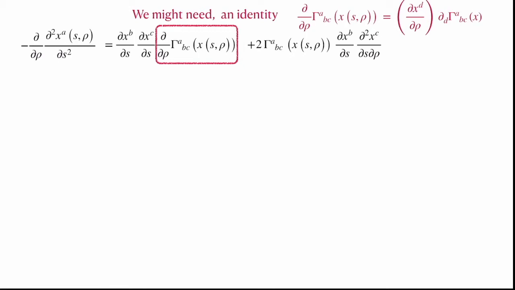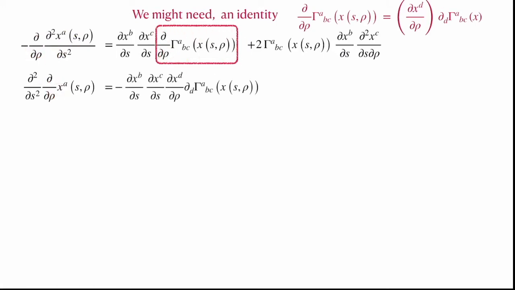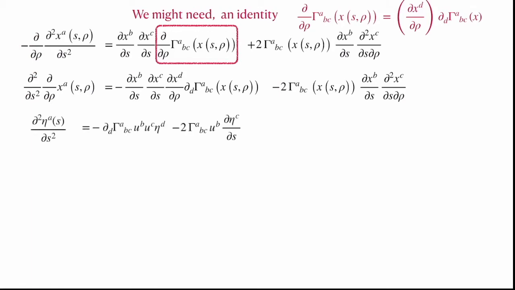So that is the first simplification which we can do, and in addition we can pull this d rho inside, because they are all partial differentiations, they commute with each other. So pull this inside, and then we replace this with dx a by d rho times the differentiation of gamma, and the other two terms remain the same. The minus sign here and here comes from this minus sign, this we have made plus, so there is an overall minus sign. Let's try to further simplify this.